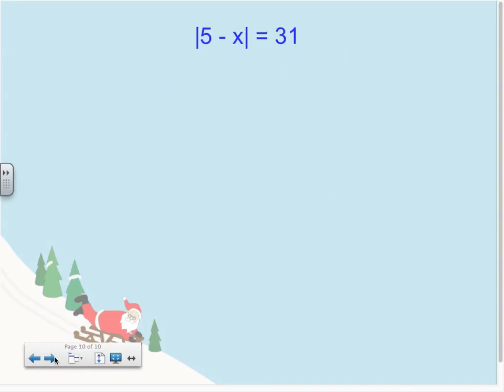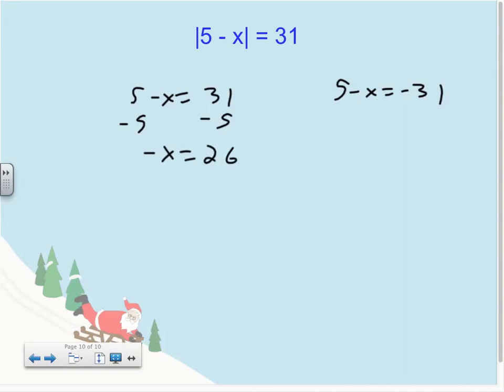And finally, this one here, we're going to have 5 minus x equals 31. 5 minus x equals negative 31. Subtract 5 from both sides. Negative x equals 26. So x is negative 26. And here we subtract 5 from both sides. Negative x equals negative 36. So x equals 36. So our answers are